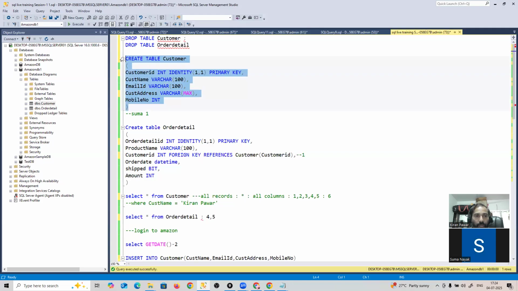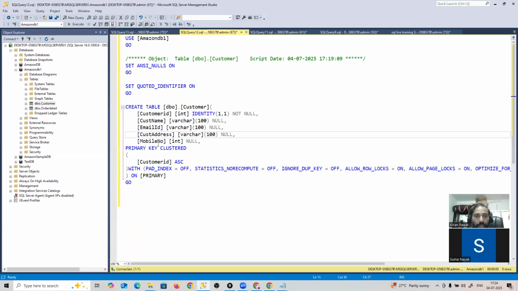Here is my schema that we generated from this. Currently my customer address is 500. The email ID is valid, so we'll not make changes for the email ID. We'll do it for customer address, which is 500. I want to make it max. The syntax for that is very simple: alter